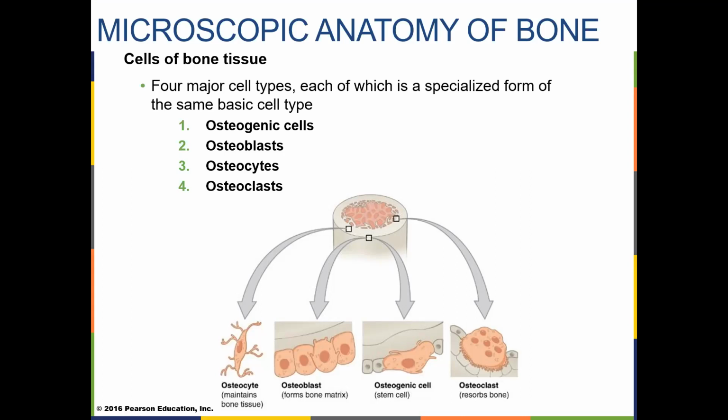Now, the cells that are going to start the process of building up more bone are the osteoblasts. The osteoblasts are the bone builders. Think of the blast as builder. And the osteoblast will secrete the matrix. We call it the osteoid. It's soft and squishy, like a gel, and it has calcium and phosphorus salts embedded in it, along with collagen